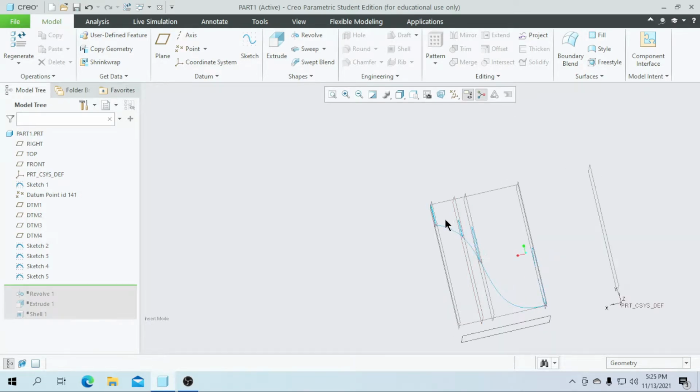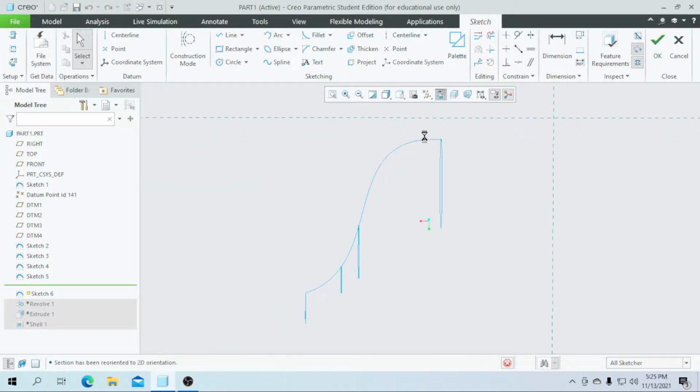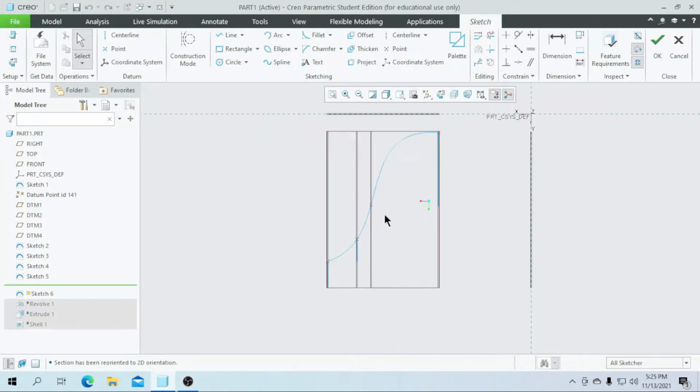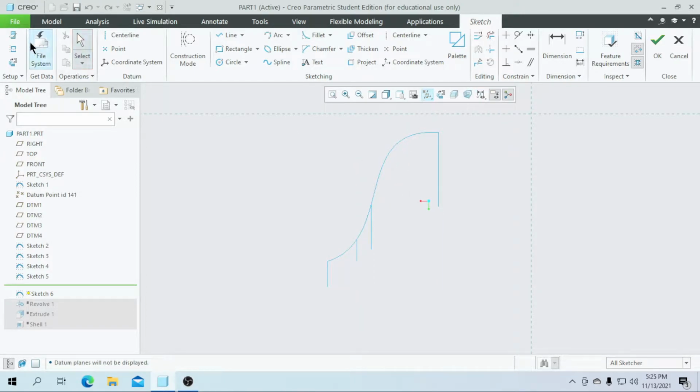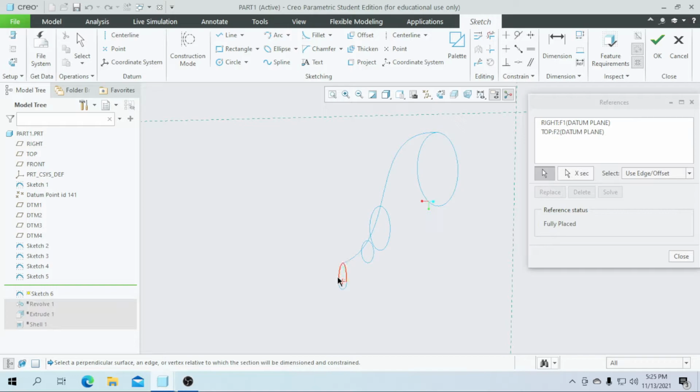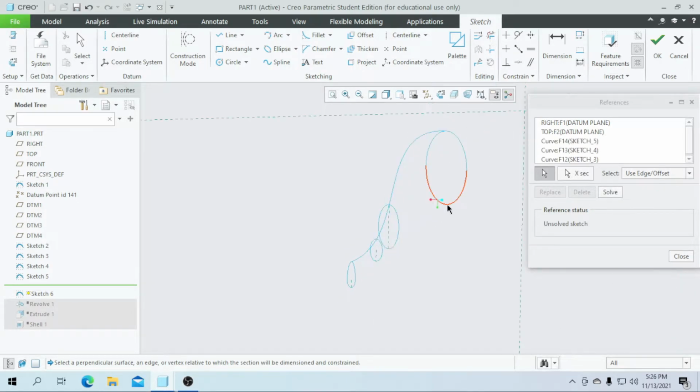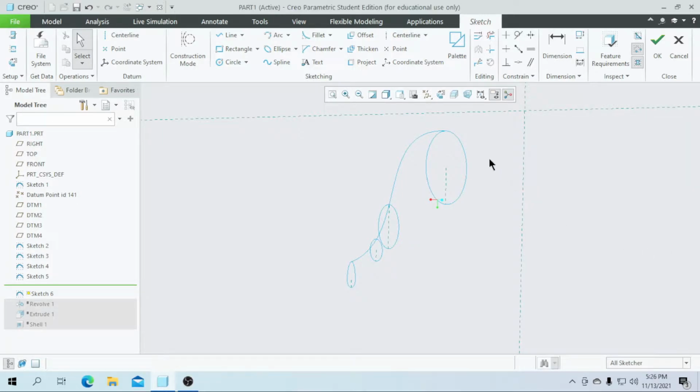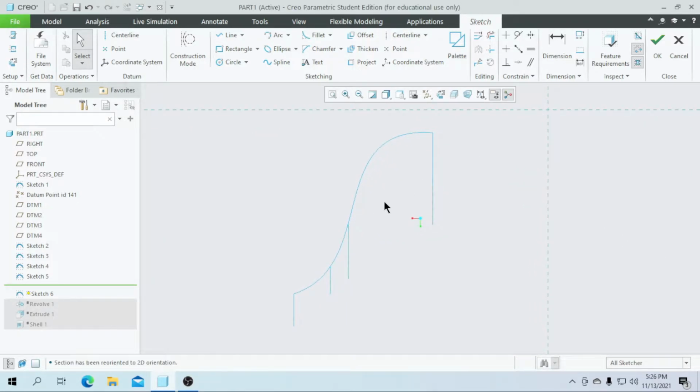So let's create a line for joining this on the top. So select this front plane, go for the sketch and go for the sketch view. So at first here we need to make some references for all the circles. So hide all these datum planes and go for the references, drag it like this, select these circles to get references. So now go for the sketch view. As you can see the end of this circle.